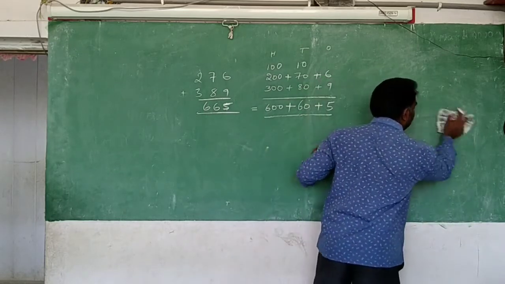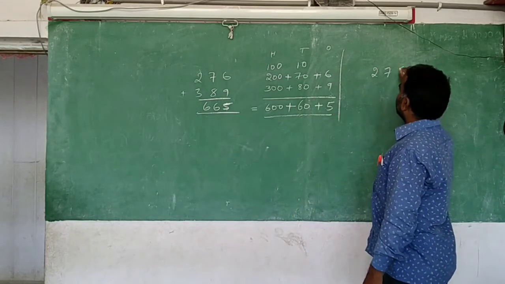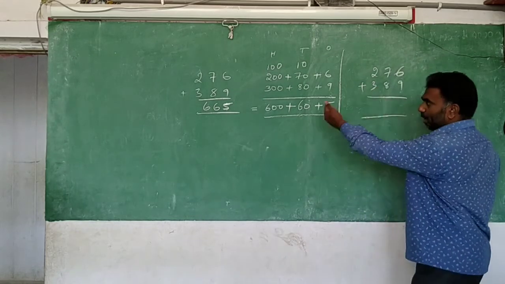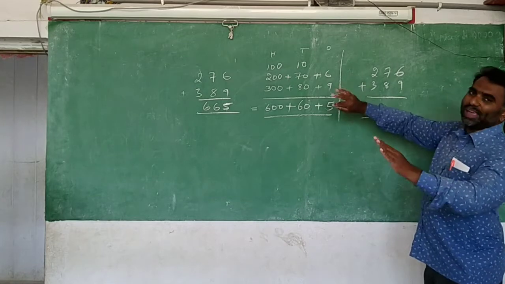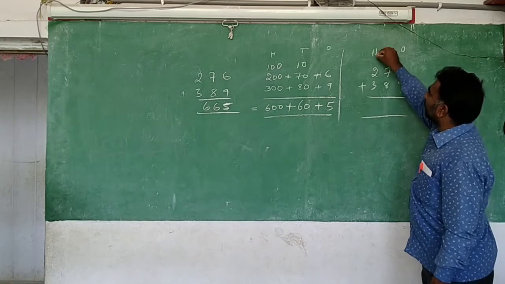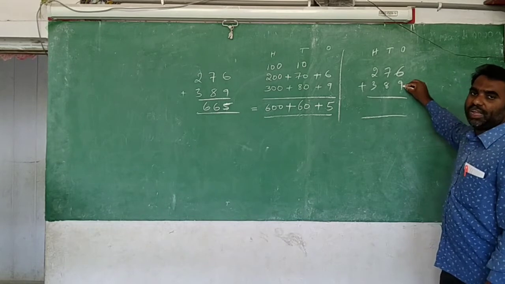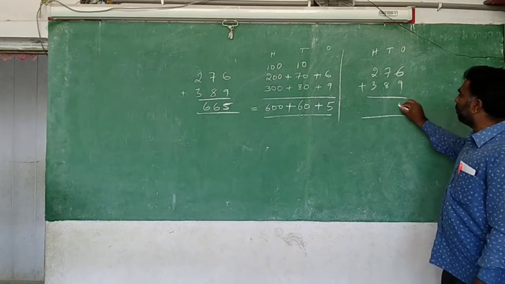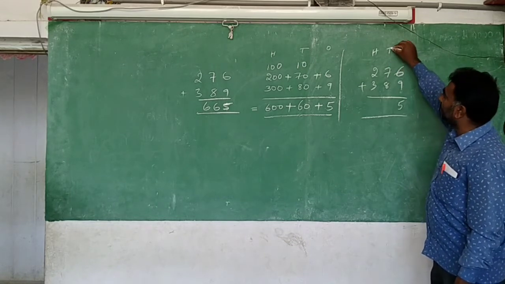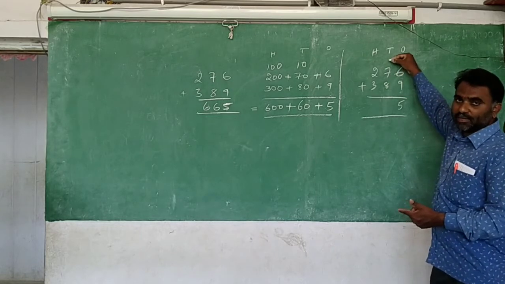Okay, now I will say the direct method. This is the splitting way I explained to you, and now directly you will do that. 276 plus 389. This is the same idea only, but we are not going to expand, we are not going to simplify, only we are thinking of ones place, tens and hundreds. When you take 6 and 9, it will become 15. 15 means only 5 you will write. We are not writing 10 here exactly because it is the ones place. Here 7 tens, 8 tens are there. Now we are giving 1 ten only here.